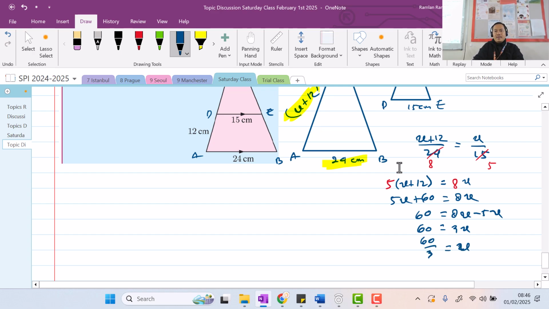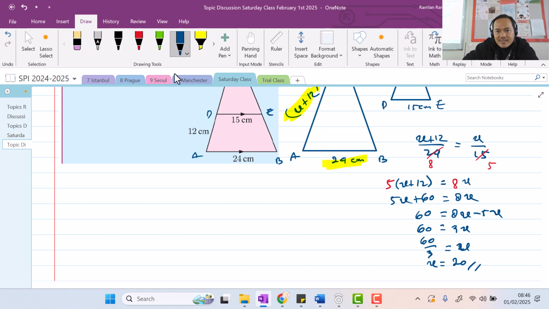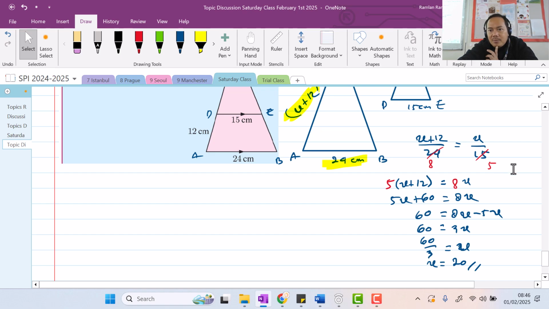x. That will be, berapa x-nya? 20, 30. Bener ya? Salah itu enggak? Please correct me if I'm wrong, guys. Salah itu enggak nih saya? 60 bagi 3, 20 ya? Bener ya? Bener ya? Oke, sip. Takut salah gitu. Okay, so most of the question will be like this, yeah, for congruency and symmetry.